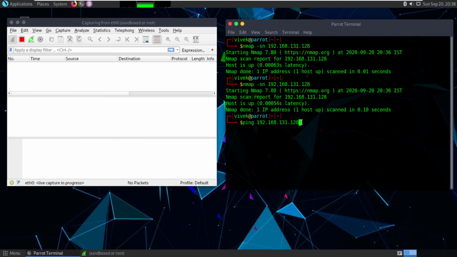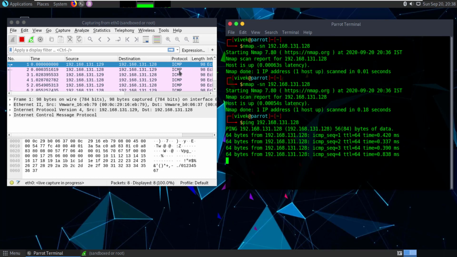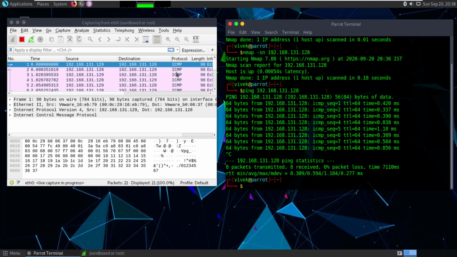Continue without saving and enter it. So now the difference you can see, even this is ICMP. Now the same response you are getting, that the host is up and you are getting the reply also, but the protocol you are using this time is ICMP.